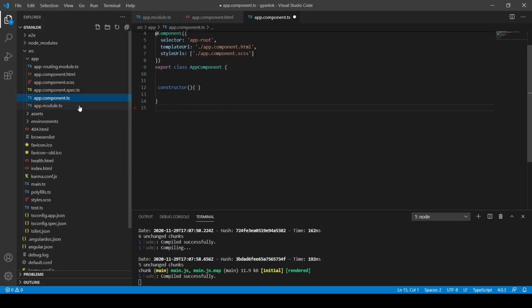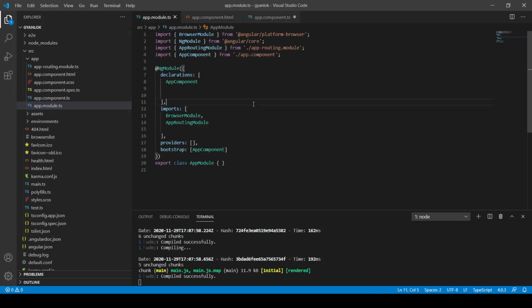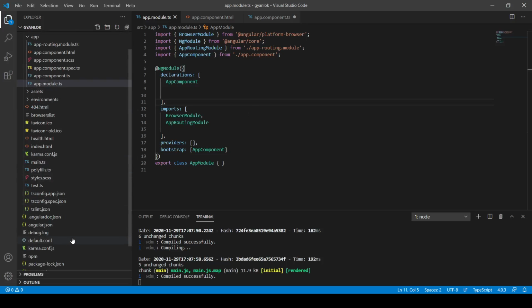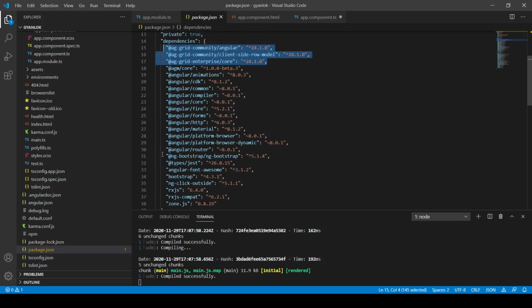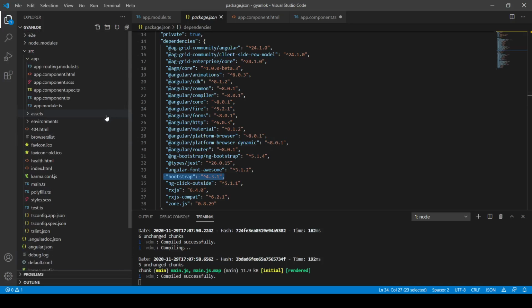We also have one more file, that is the module.ts file. Whenever you create an Angular project, you will also get this file. So let's start the video. If you see in my package.json file, I already installed the Angular library, right? And I also installed ng-bootstrap as well, plus bootstrap. So we will talk about all these three libraries today, right? And let's start